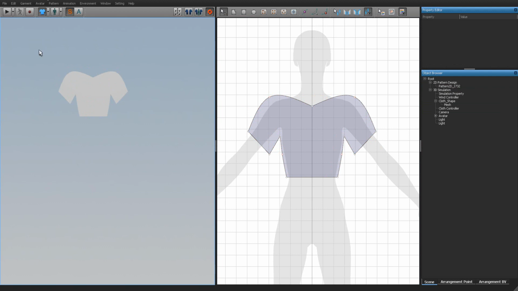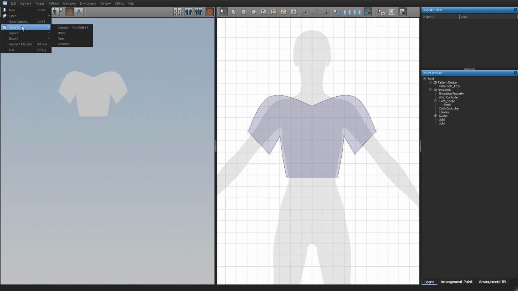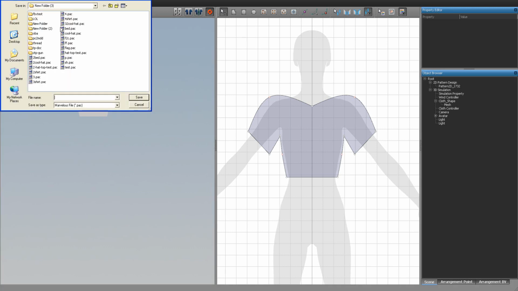Alright, we're going to go ahead and save this shirt here. We're going to go to the File menu, and we're going to go Save As. Okay, under Save As, then Garment. Alright, I'll name this 5 shirt. Alright, we only need to do this once,